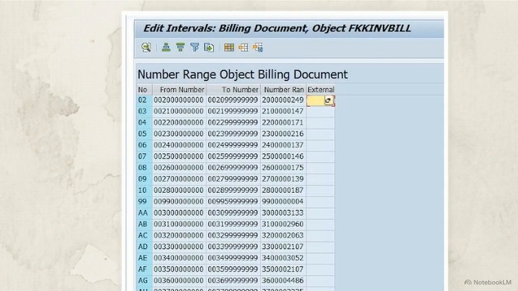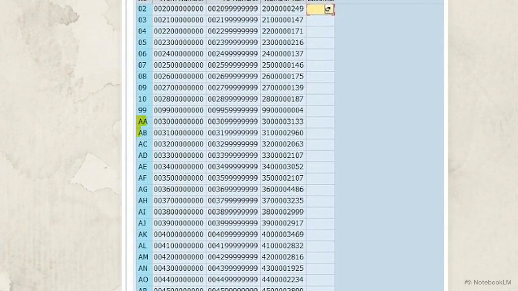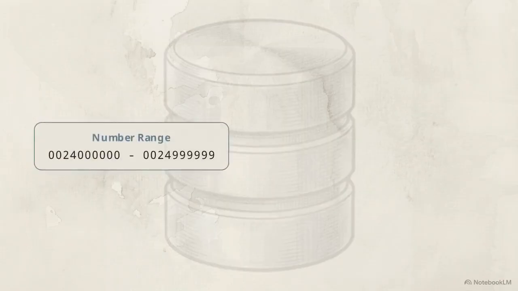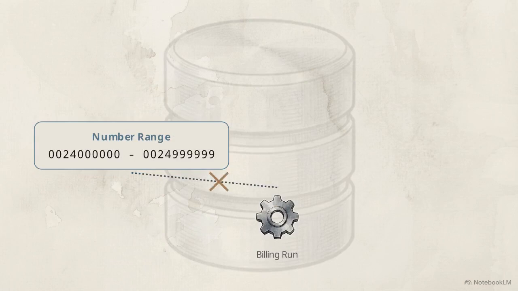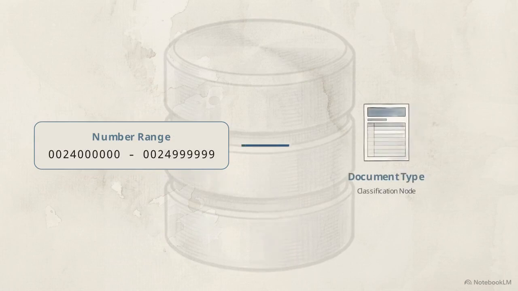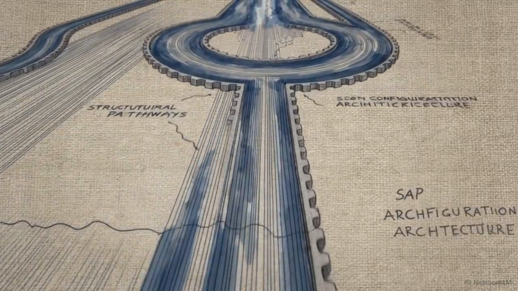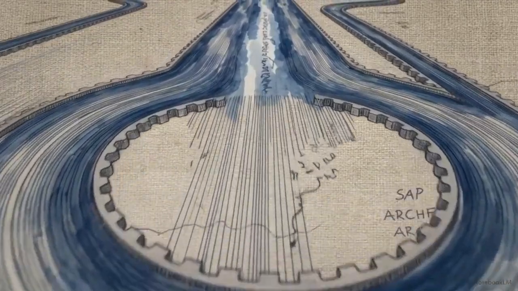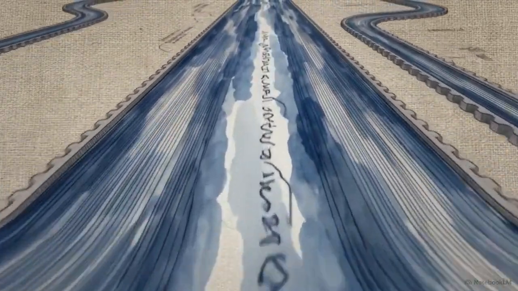The second absolute rule applies to mass processing runs, which must begin with a letter from A to Z. External number assignment is prohibited. Once assigned internally, the actual billing document numbers are exclusively numerical. These precise ranges are not applied directly to the billing run itself. Instead, they are allocated to specific document types. This rigid prefix configuration prevents data collision, allowing the system to scale flawlessly from single manual corrections to massive automated